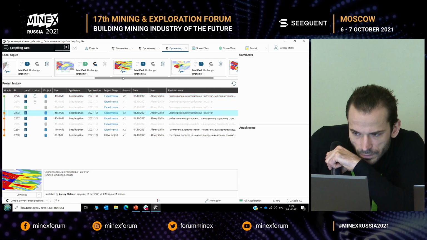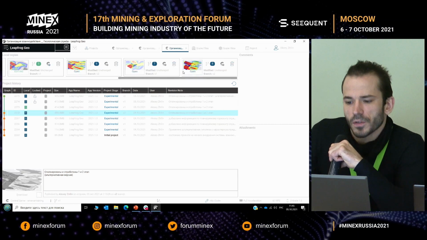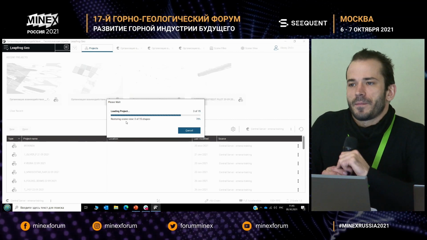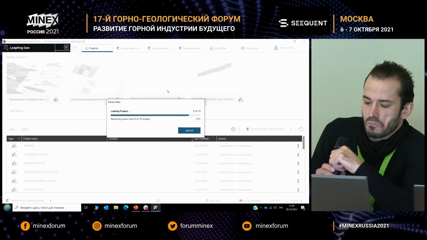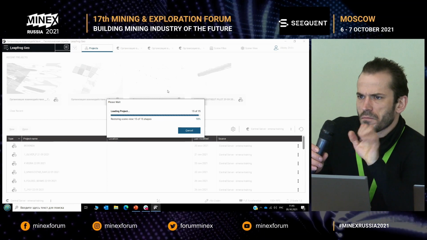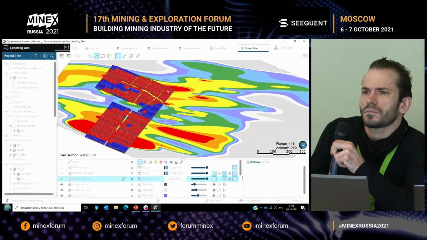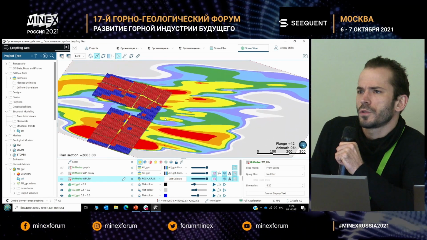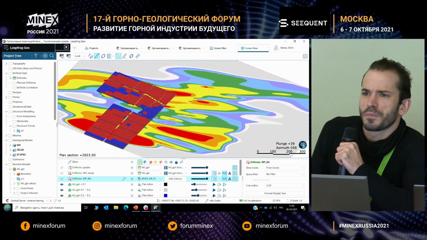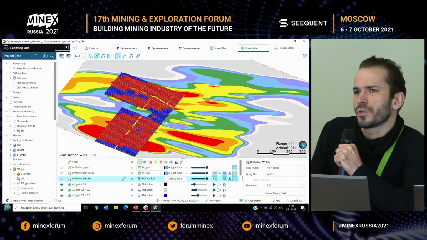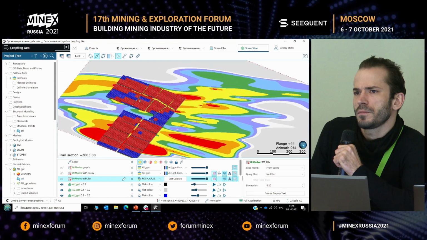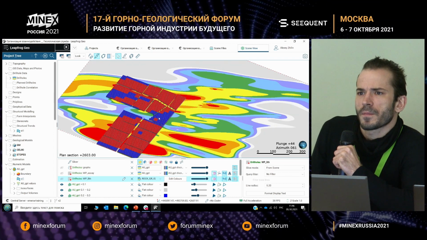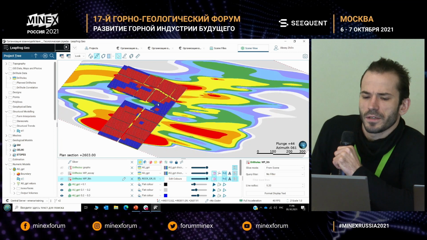Let's consider the following thing. We need some time to download the data. So this is the second stage of our mining works, mining production, when the area of mineralization is connected to the splits. You see the coefficient of the mineralization is lower here, not so high grade of the ore.